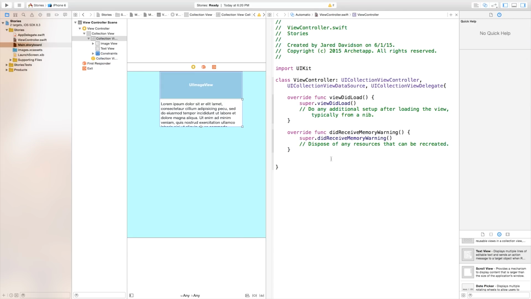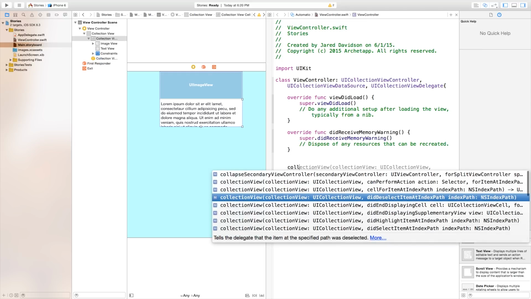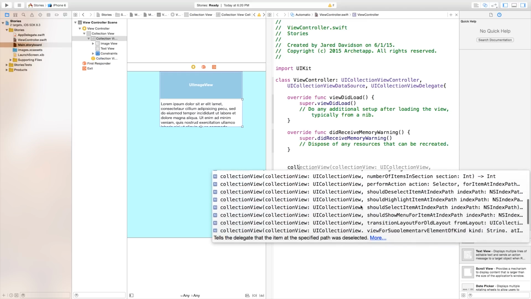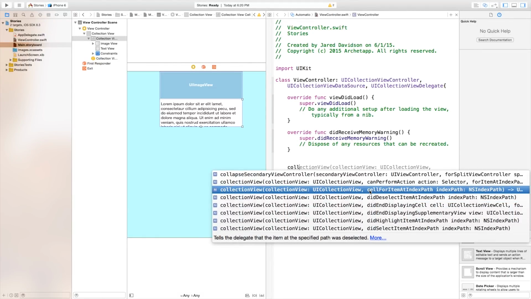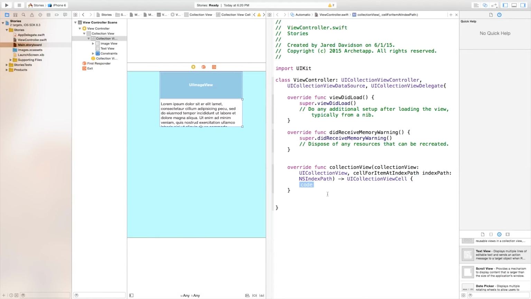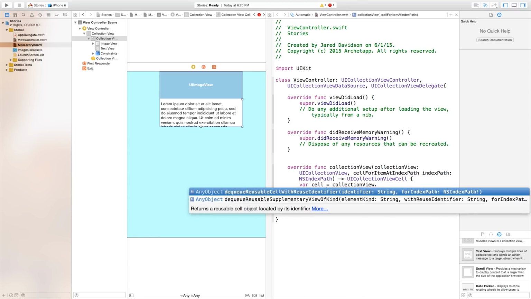Now just go down here, and we want to just start typing in collectionView, and as you can see, there are a lot of choices that you can pick from. Right now we want to deal with cellForRowAt indexPath, and this will allow us to populate all of these cells that we have created. So first thing we need to write in this code is it's looking for what our UICollectionViewCell will be called. So we need to say var cell will be equal to a collectionView.dequeueReusableCell(withReuseIdentifier